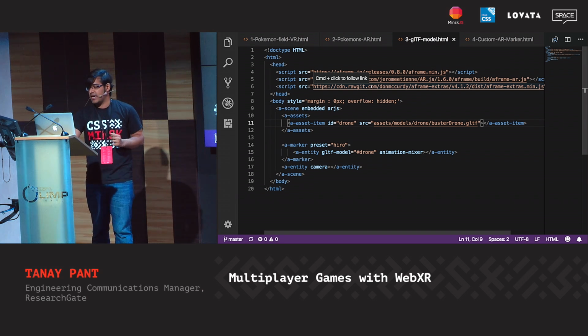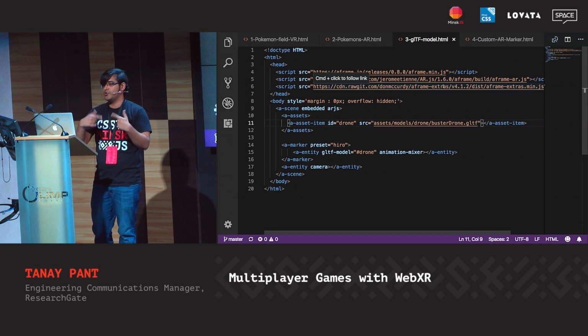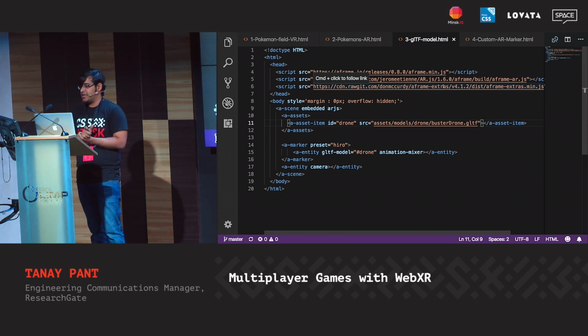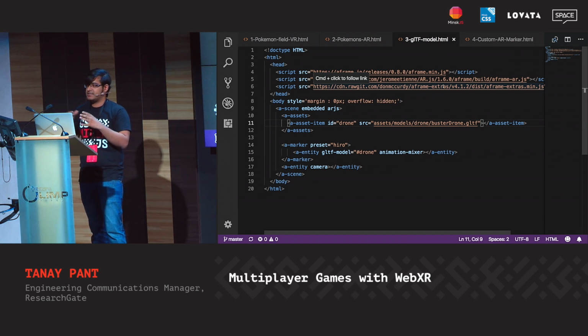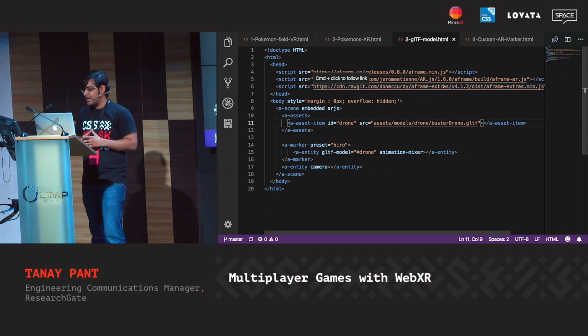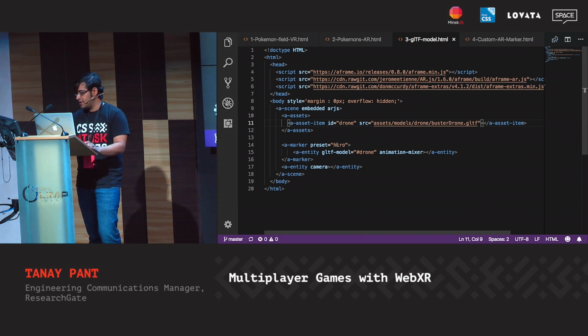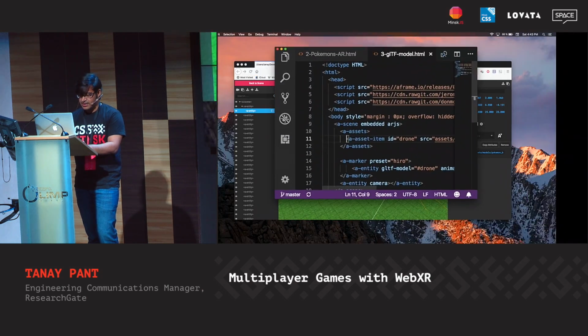So if you have a look at the code here, I have included a new library, a new component called A-frame extras. This basically takes all the animation information that is present, and it adds it to the model. And here I have included the Gltf model and added the component animation mixer. Let's take a look at what that gets us.